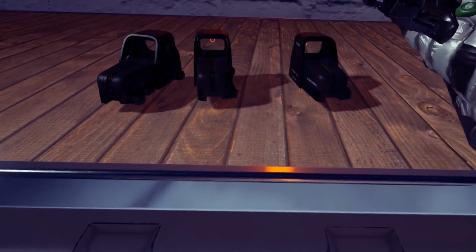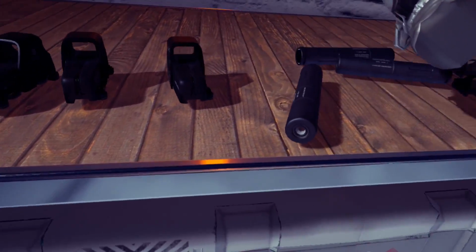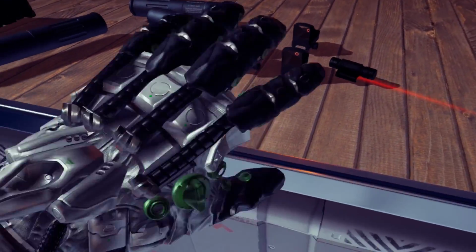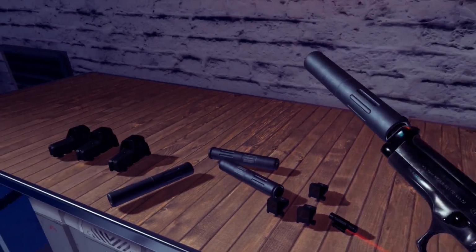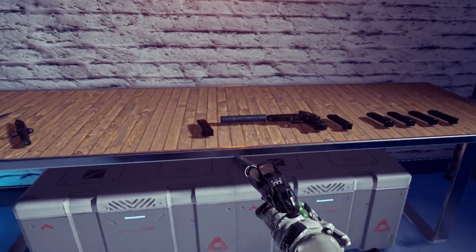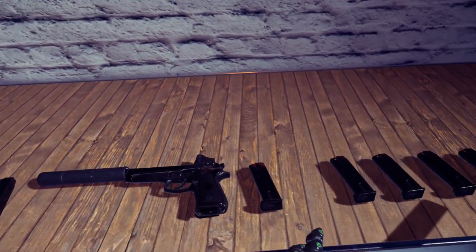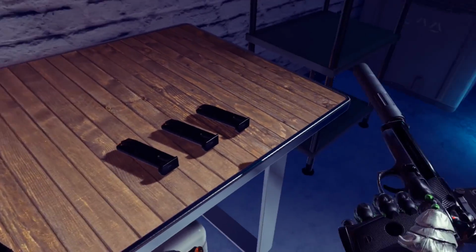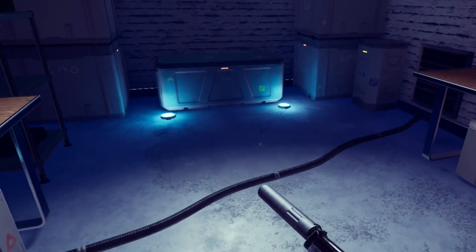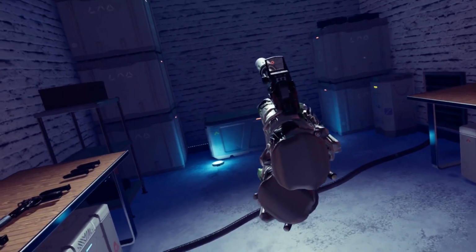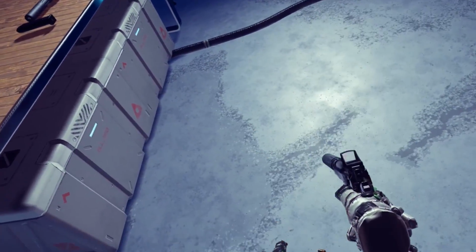I've improved the weapon systems quite a bit since last week. You'll see now that the guns have ammo clips, so you can put the ammo in and out of the gun. You have an ammo amount, which is currently set to 12 for the M9. Shells fall when you shoot, which is a really nice feature. They bounce on the ground, and you can't hear it because I don't have the sound enabled, but they actually make a really nice sound when they hit the ground.